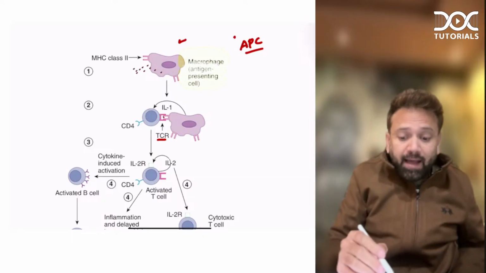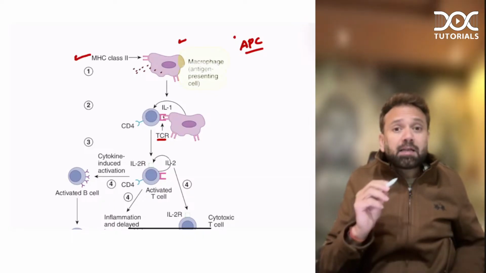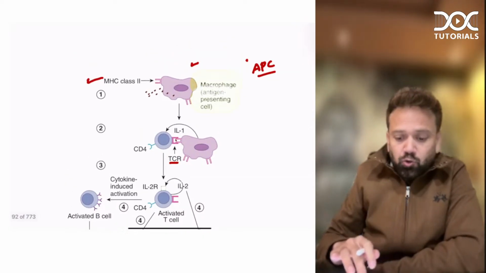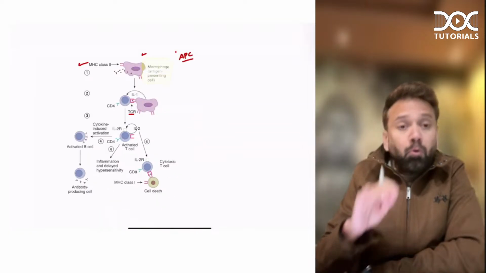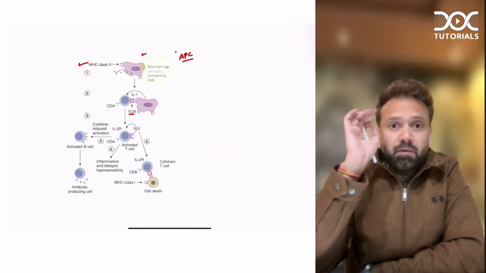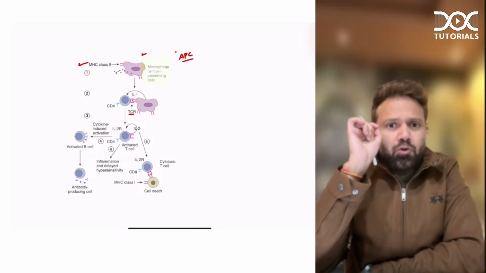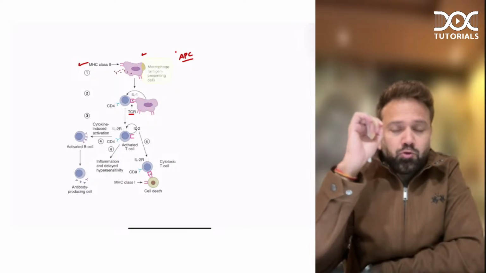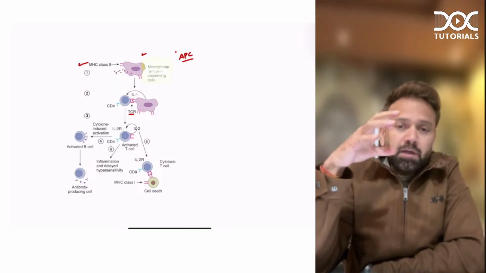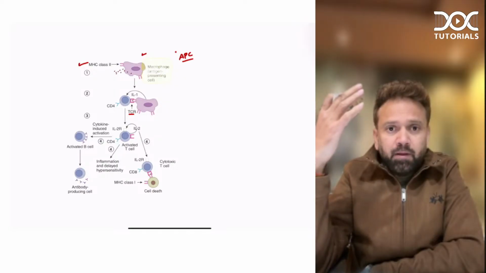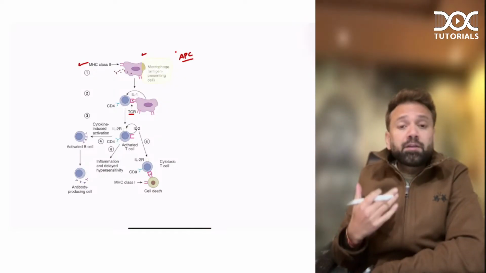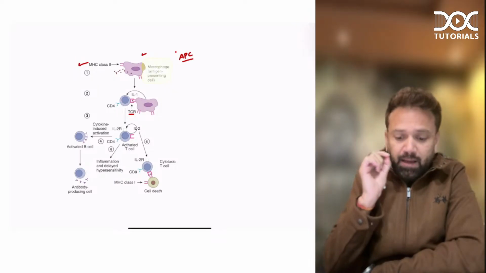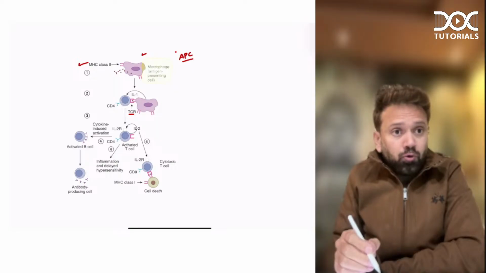Number one, by MHC class 2. MHC class 2 is like a molecular signature. What is MHC class 2? It is simply like a molecular signature. Every cell in your body has your signature. Any foreign body coming inside your body will have its own signature. That is how you know whether this is our own cell or a foreign body. It is your MHC. So MHC class 2 will